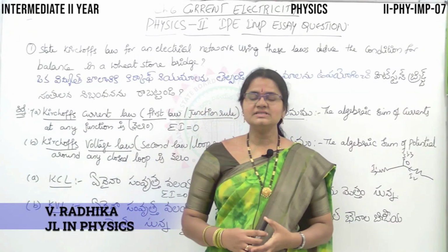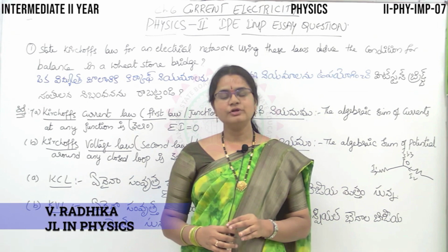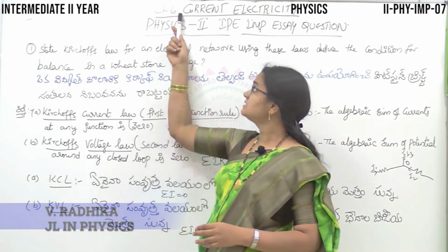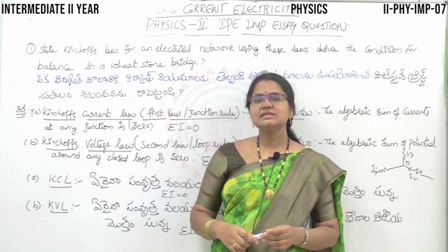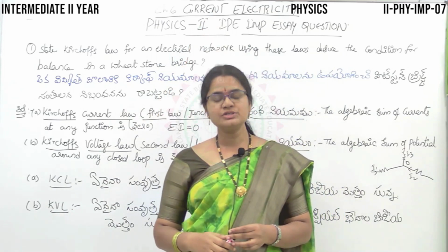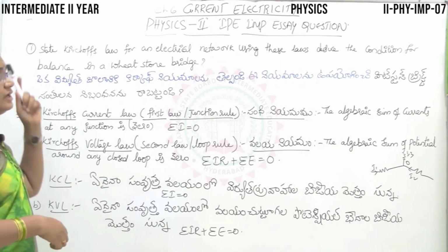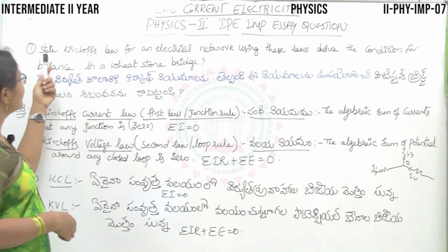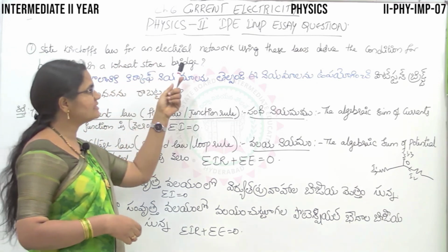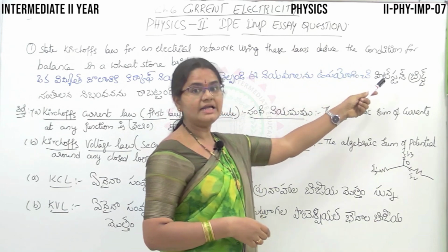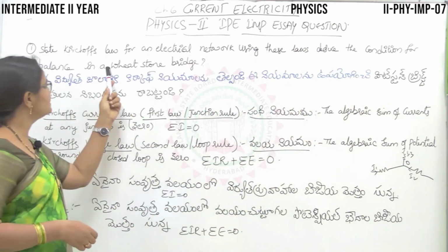Welcome back, students. Today we are going to study one of the important questions from essays. It is from chapter 6, current electricity, that is Kirchhoff's law and derivation of Wheatstone bridge principle. Here we go. How will you get the question? Like this. State Kirchhoff's law for an electrical network and using these laws deduce the condition for balance in Wheatstone